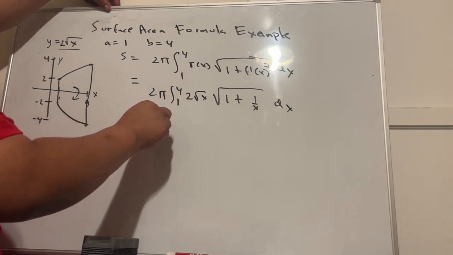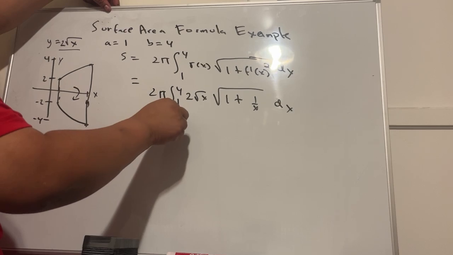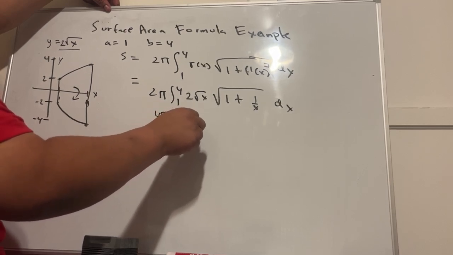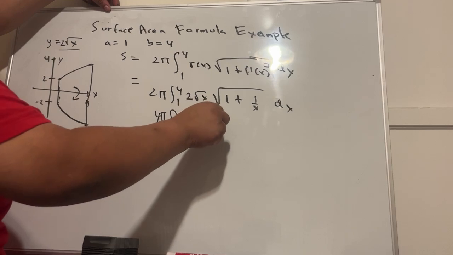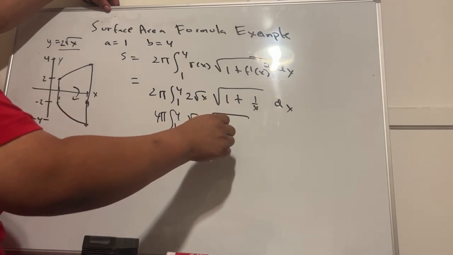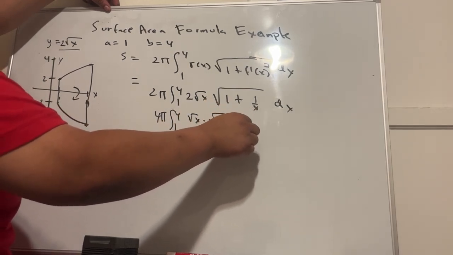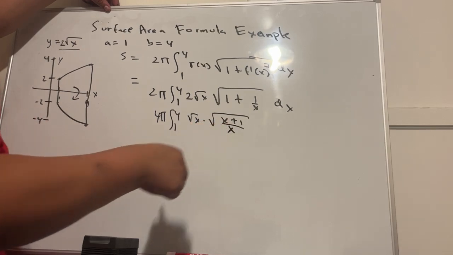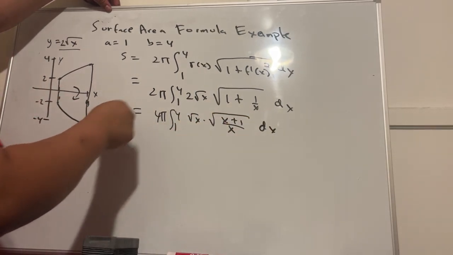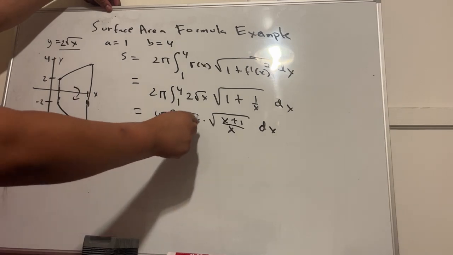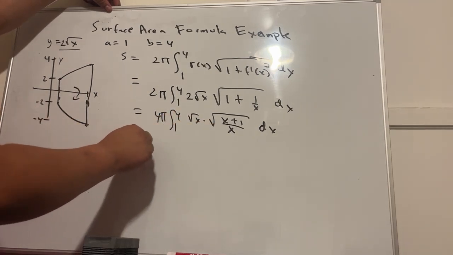Then we pull out a 4 pi and we're left with, when we combine like terms, x plus 1 over x dx, and then cancel this, you're going to get